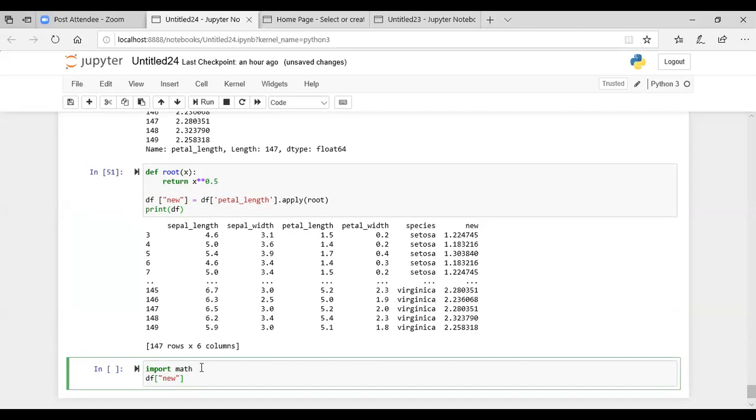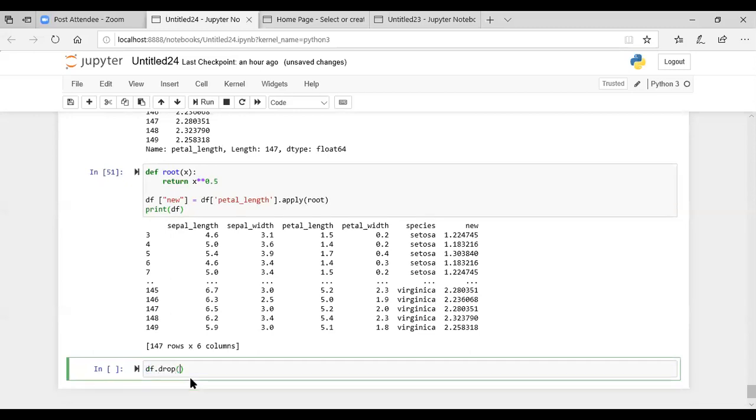Okay, first, let's drop this new column from this. df.drop, we want to drop the new column, and as it's a column, you have to mention axis is equal to 1.